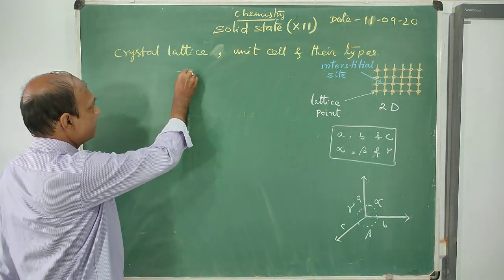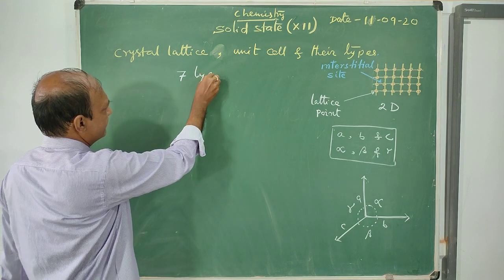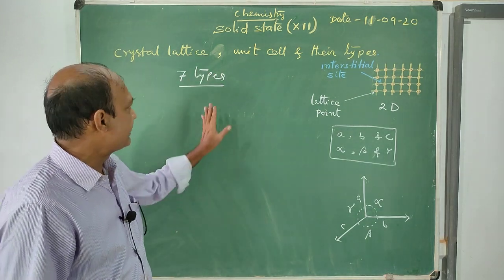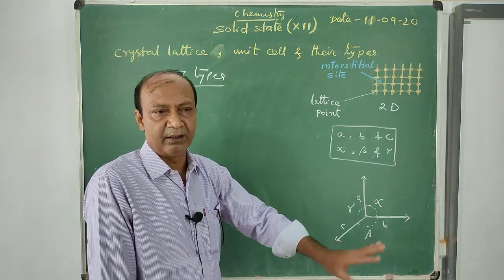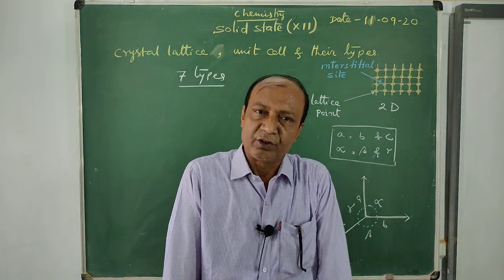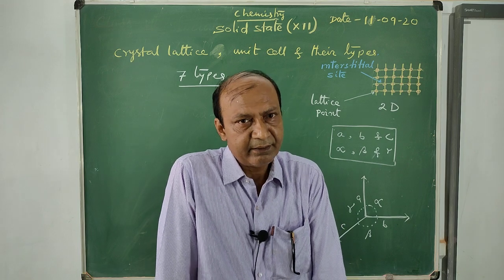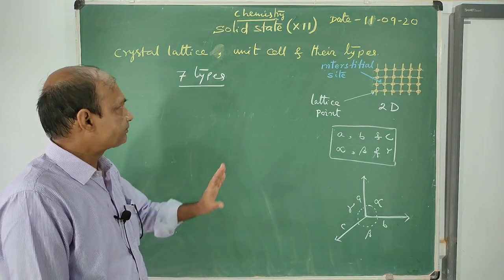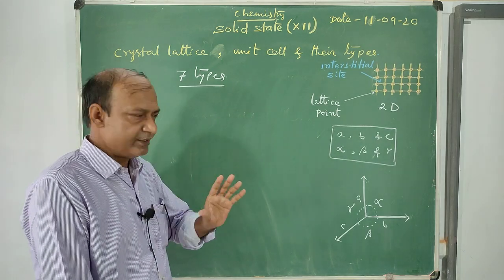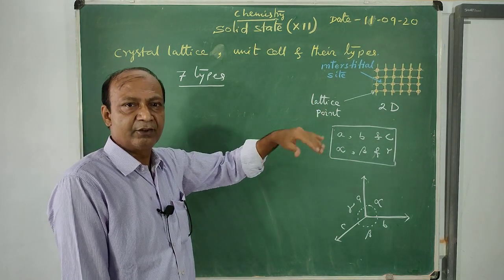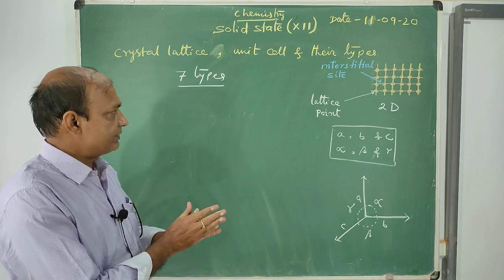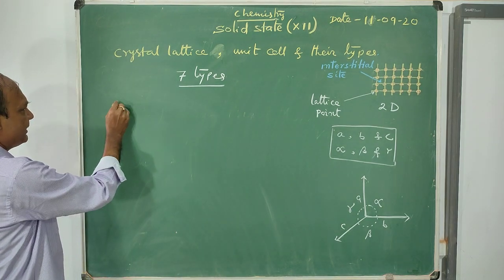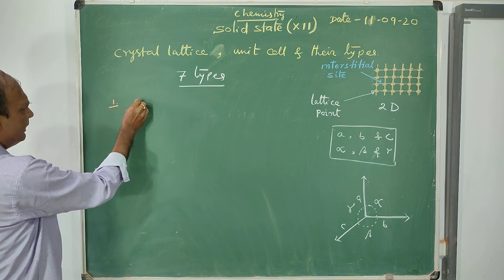How many types? 7 types. These 7 types of unit cells are found in the crystalline solids family. Clear? 7 types of unit cells are found to exist in the crystalline solid family. These are, namely, 7 types. Number 1, cubic